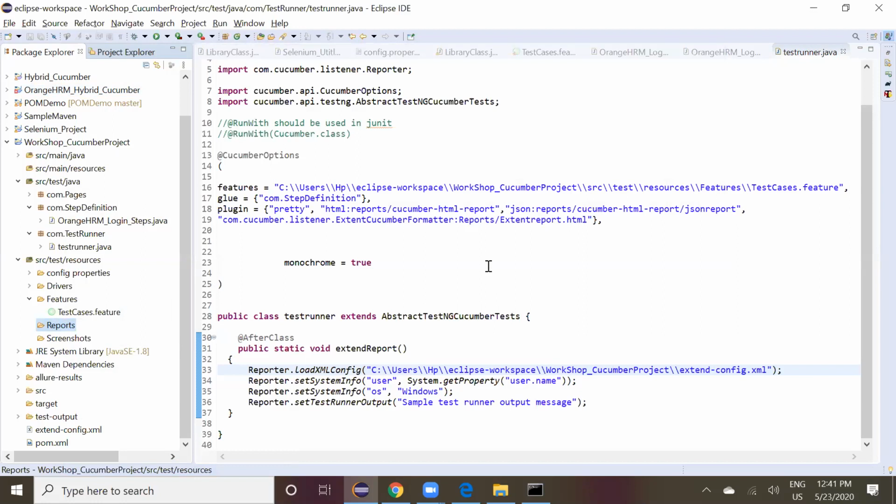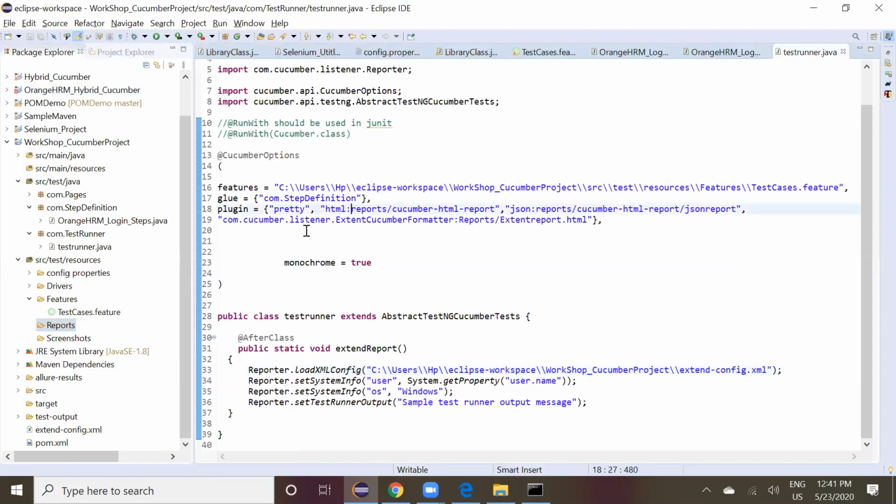HTML. Give that, right? That's fine. Okay, now run the code. We'll see.